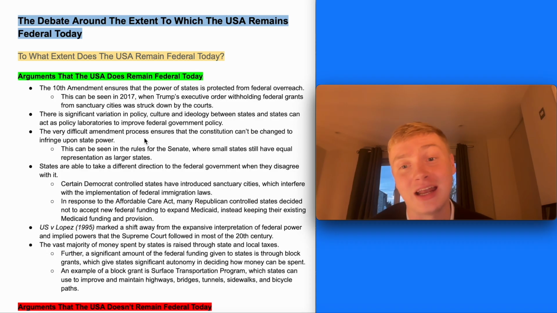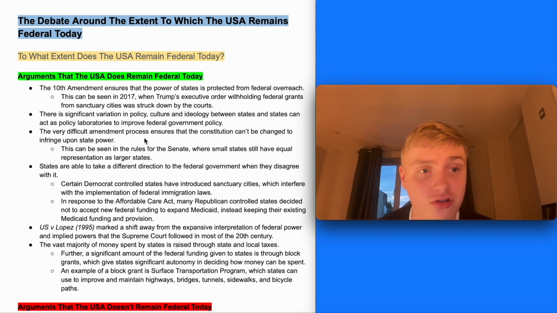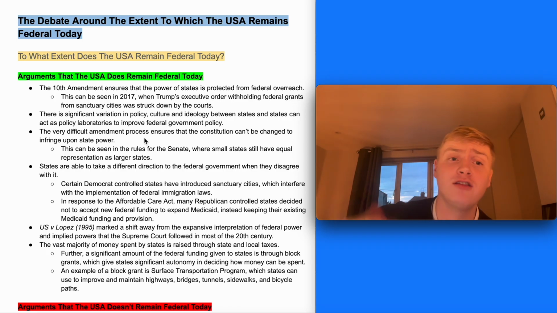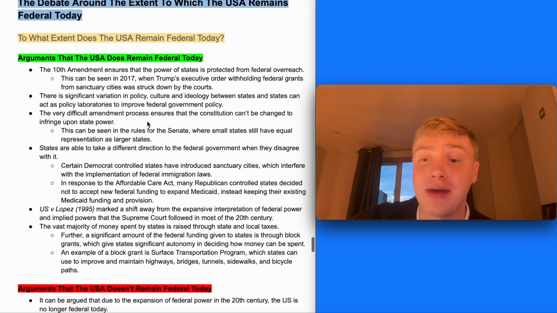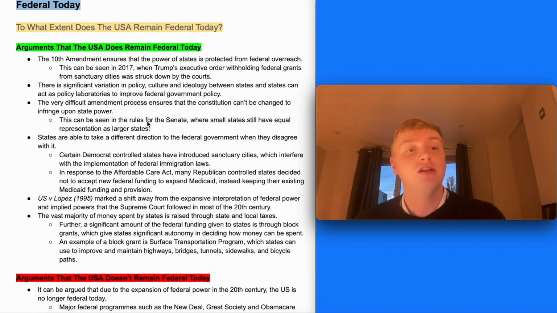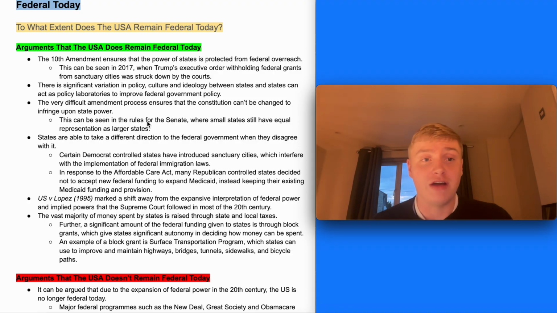Okay, so the final thing we're going to have a look at is some debates in relation to federalism and in relation to the US Constitution as a whole. So, first looking at the extent to which the US remains federal today. Starting with arguments that the US does remain federal today, the 10th Amendment ensures that the power of states is protected